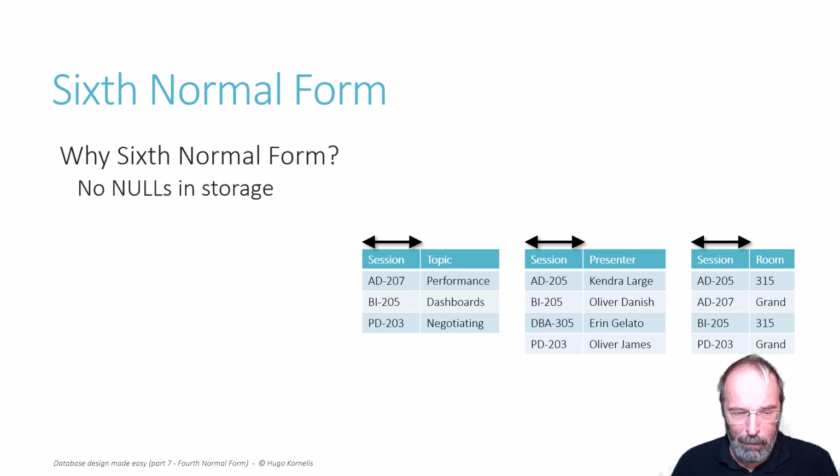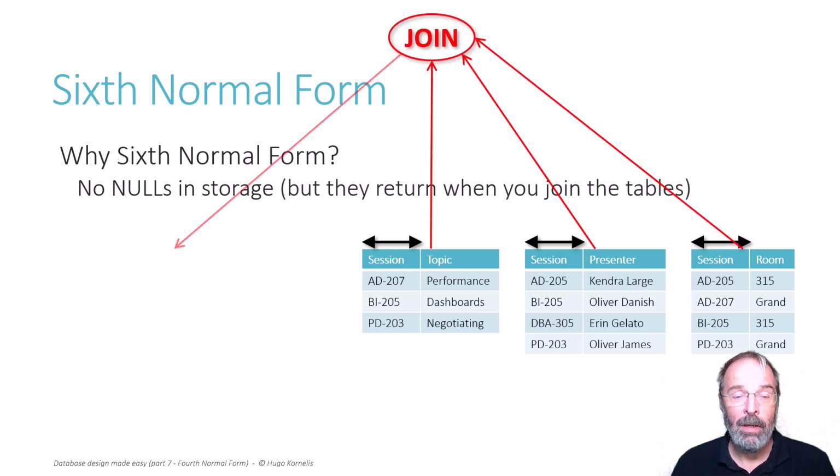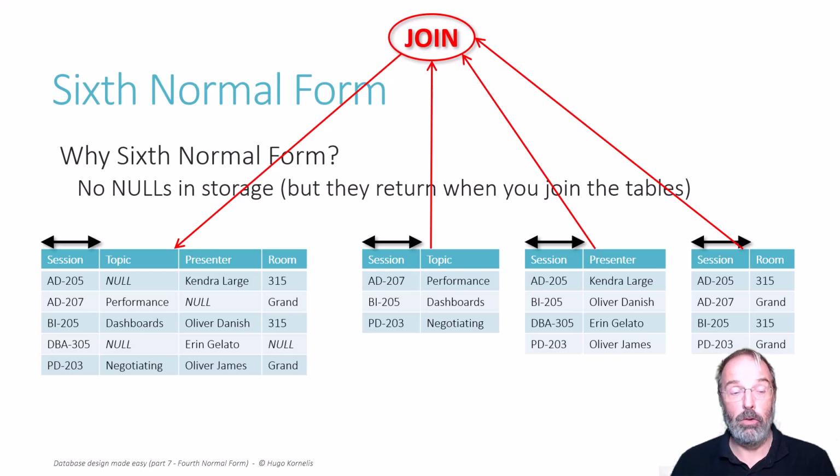so let's not go there. What matters more to me is that once you start using this data in your queries, you probably have to join them together, and that has to be outer joins now so that you don't lose your rows. And after those outer joins, you still have those nulls. So yeah, sixth normal form prevents nulls in storage, but it does not prevent nulls in your results or in your intermediate data. You still have to deal with null values, even though you don't store them. So I don't really see the benefit.